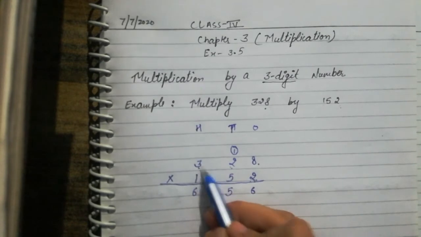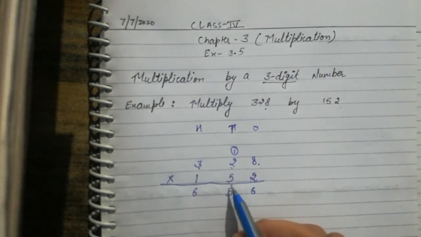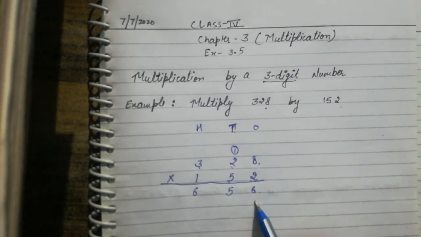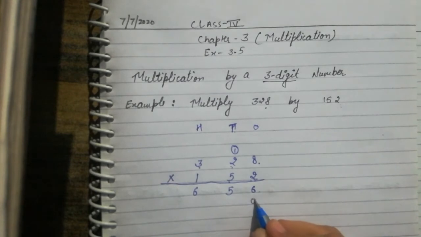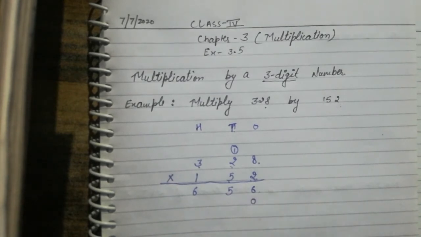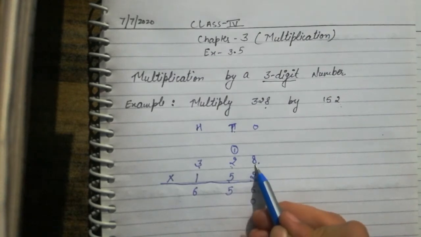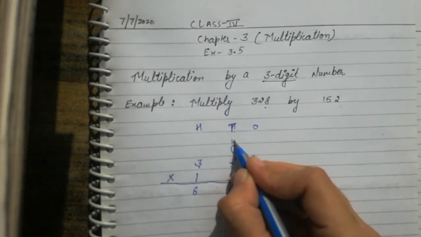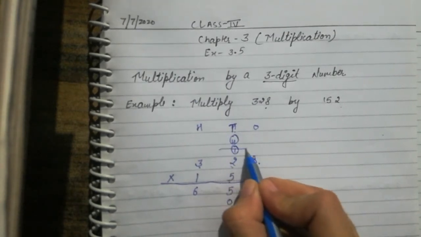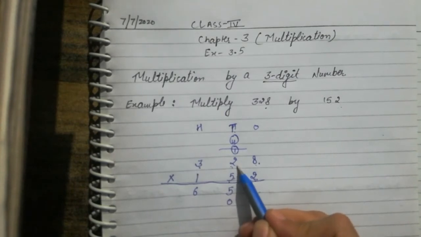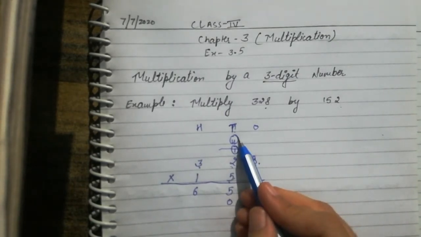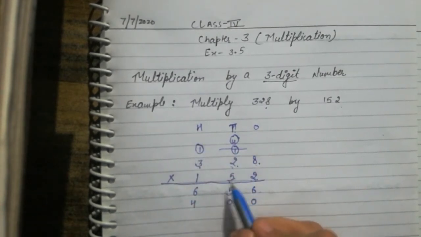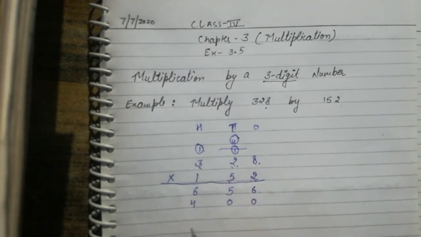Now we multiply 328 by this 5. But the place value of this 5 is tens. So at ones place, below this, we will write 0, or you can put a cross mark. Now multiply 5 by 8. 5 8s are 40. So write down 0 here and 4 will go to carry. 5 2s are 10. 10 plus 4 is 14. So write down 4 here and 1 will go to carry. 5 3s are 15. 15 and 1 is 16.